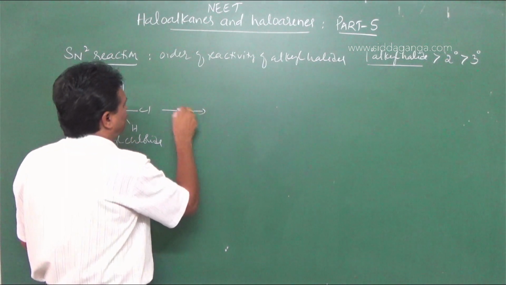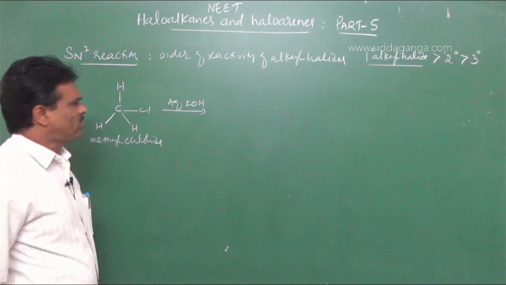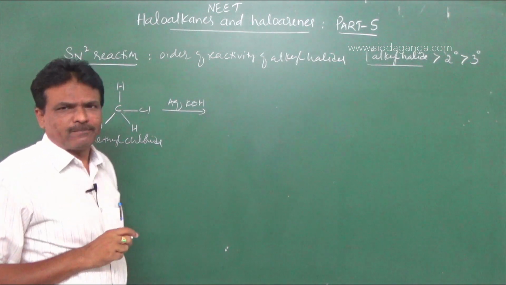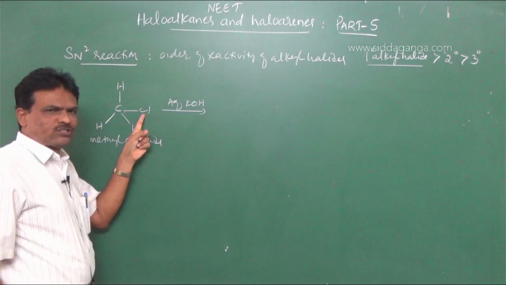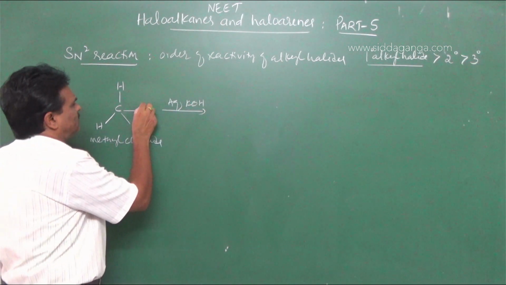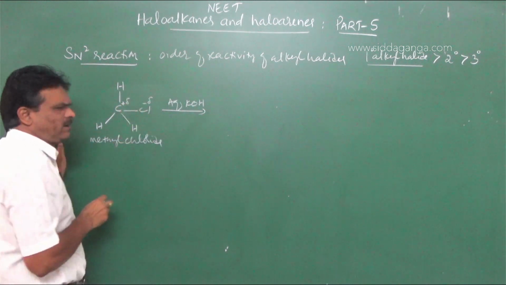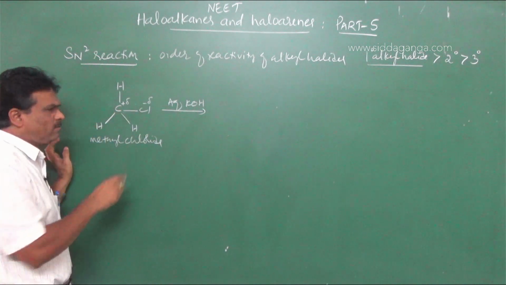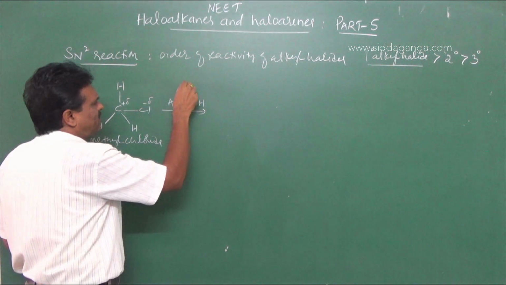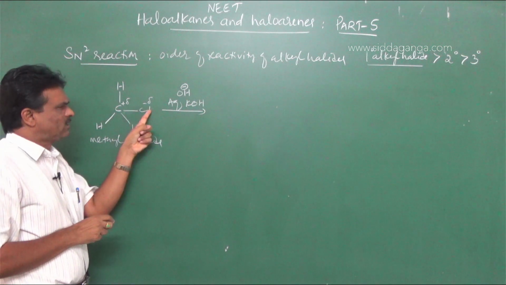When it is treated with aqueous KOH, aqueous potassium hydroxide, the nucleophile attacking the carbon from the side of the halogen is not possible. Because the electron density is more on chlorine, less on carbon. Due to the difference in the electronegativity value, this bond is a polar bond. Hence the nucleophile OH minus ion cannot attach to this carbon atom from the side of the halogen